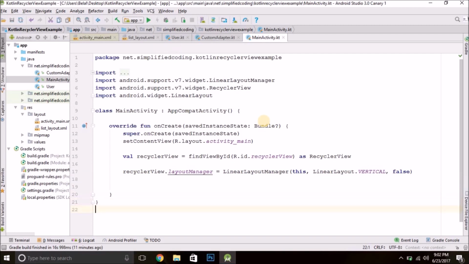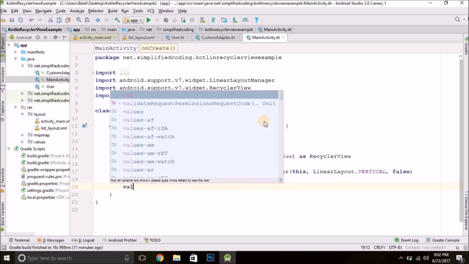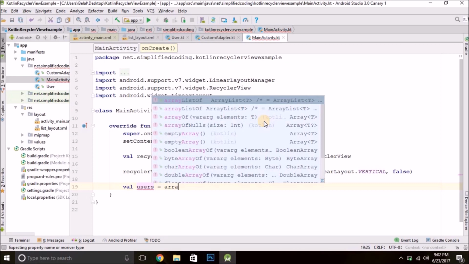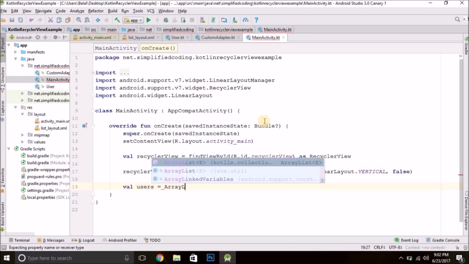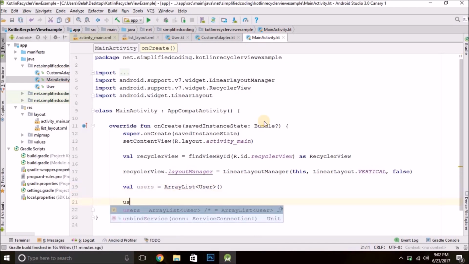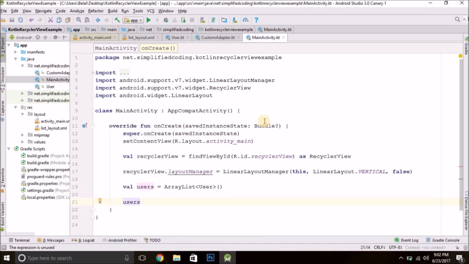Now we will create some dummy data for our list. So we will create an array list. So we'll write val users equals ArrayList, and the type will be User. That's it. Now let's put some data. So we'll add users.add, and we will add a new user here.